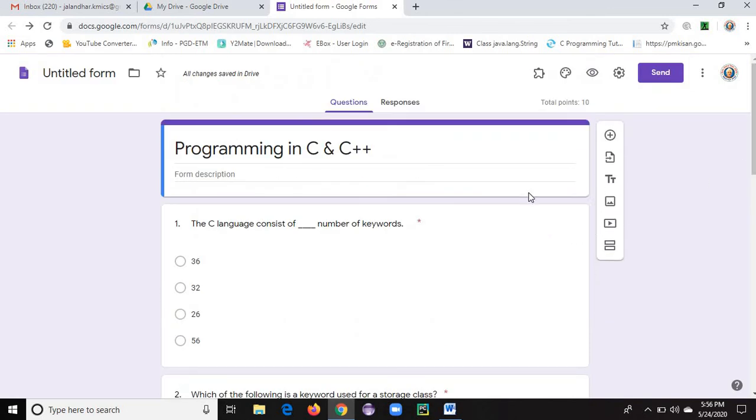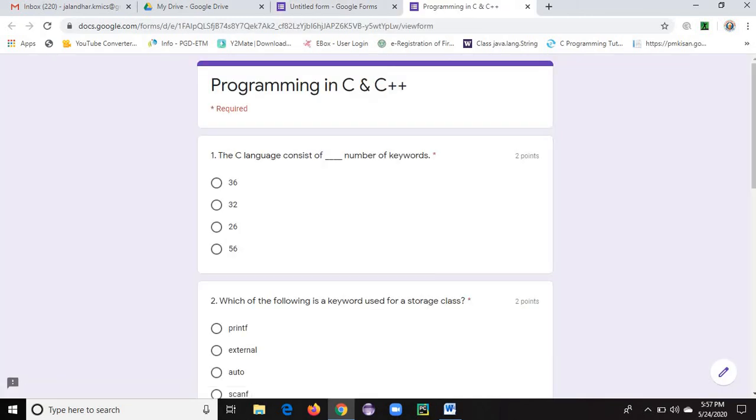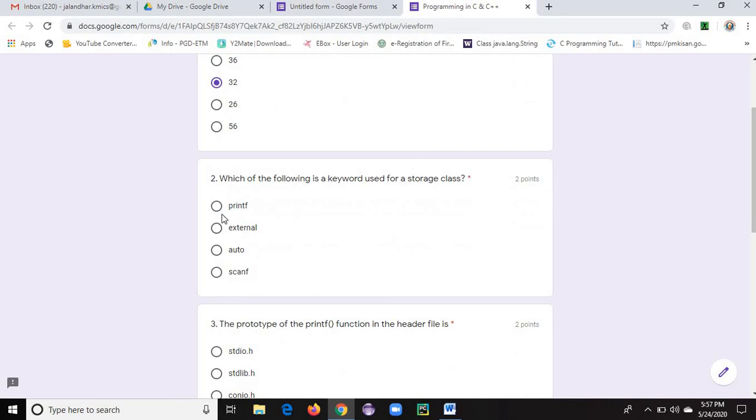After this form, how to display it on a user screen while they are running the form? Here there is a preview option. Just click on that preview option, and your form will be like this. Now here I'm giving 32 as the answer. If you select another one, that will be deselected. Among the four options, you can select only one option, not all. So I'm going for this one.